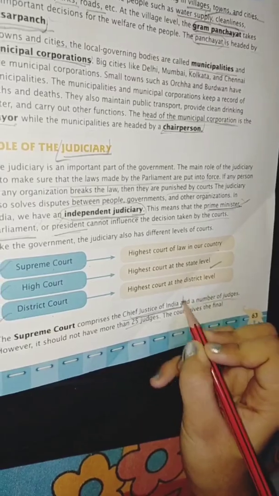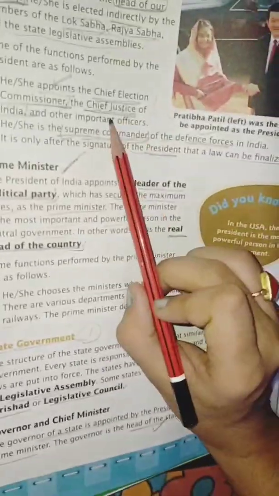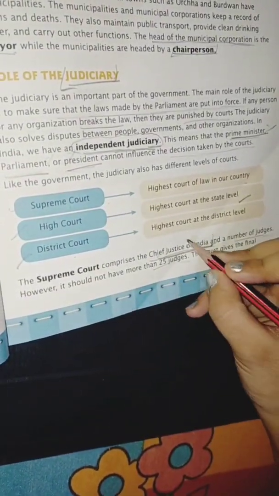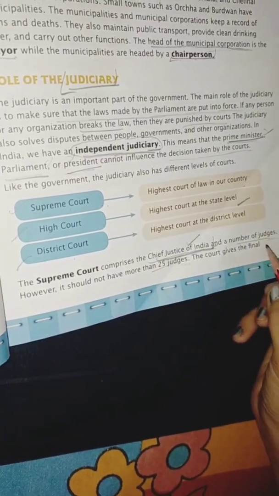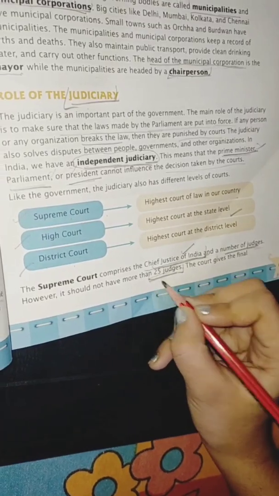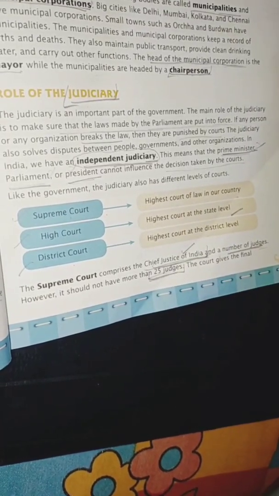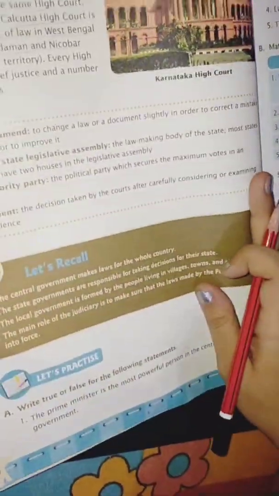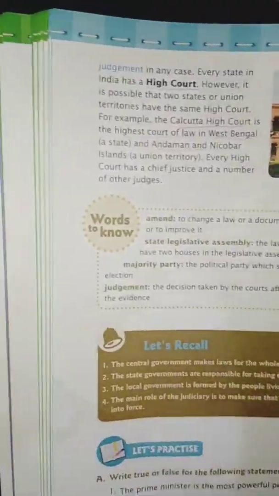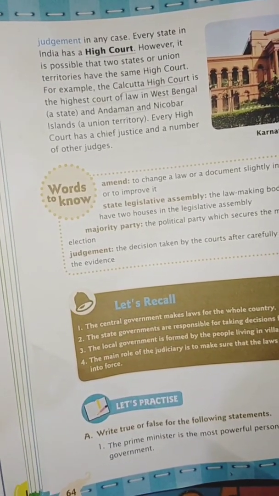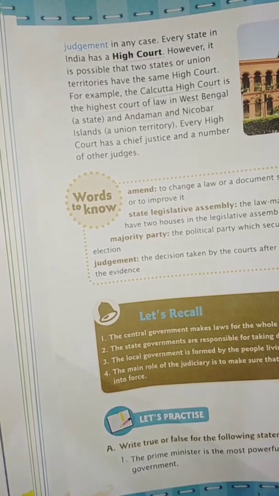Who is the Chief Justice of India? I have told you earlier as well when we were discussing this concept. The highest court comprises one Chief Justice of India and a number of other judges. There are more than 25 judges in the Supreme Court. Whatsoever judgment is taken by the Supreme Court is the finalized one, and no other court has the authority to challenge the